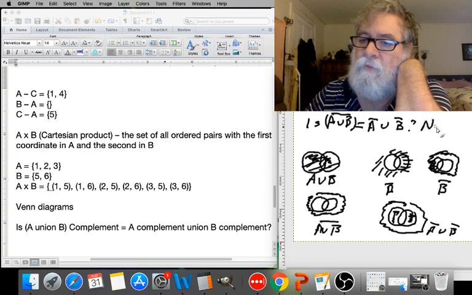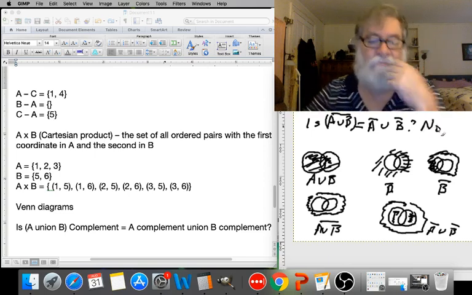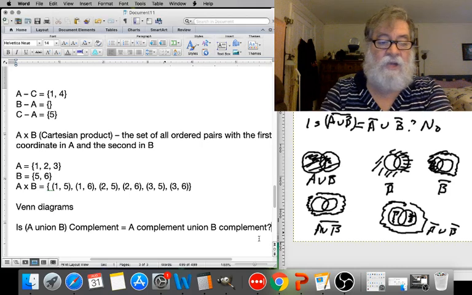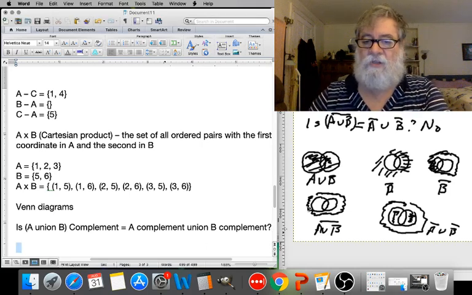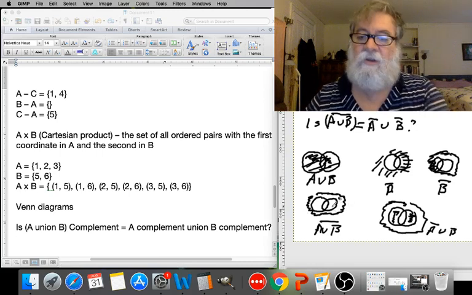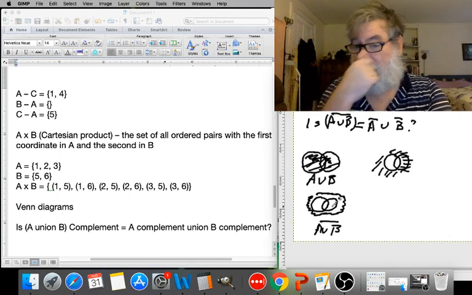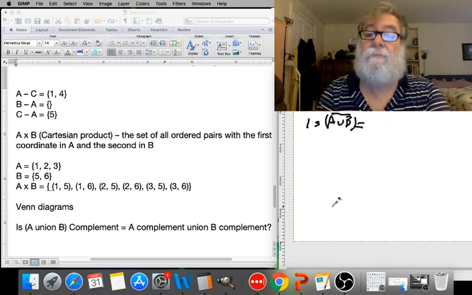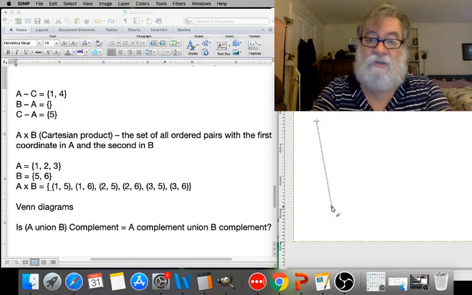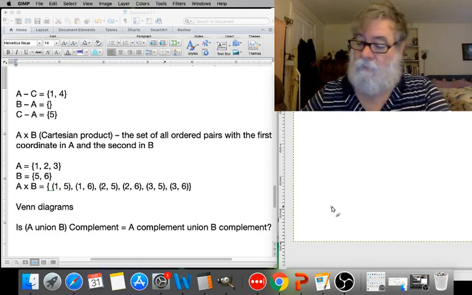The answer is no. Okay. So, turns out, by the way, that there's a De Morgan's law for these, just like there is for logic. It is actually true that,